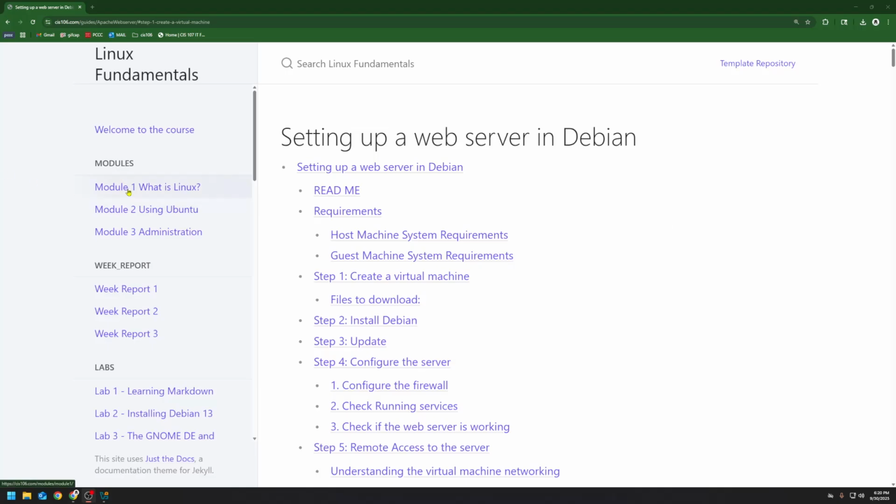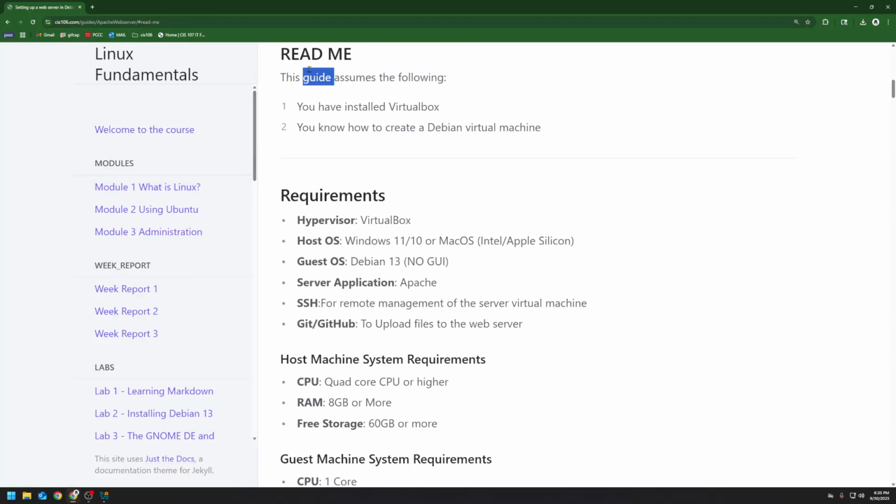Hello everyone. In this video, we're going to be setting up a web server in Debian. Our hypervisor will be VirtualBox and our host operating system Windows 11. This guide assumes that you have VirtualBox installed on your host operating system and that you know how to create